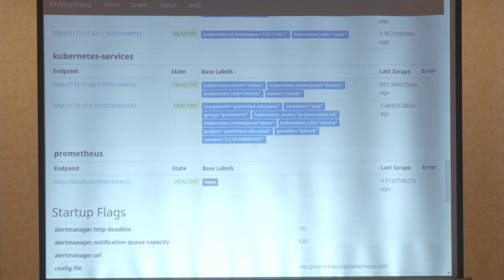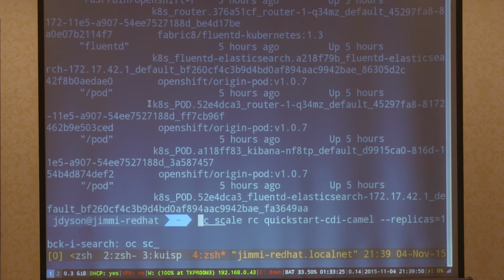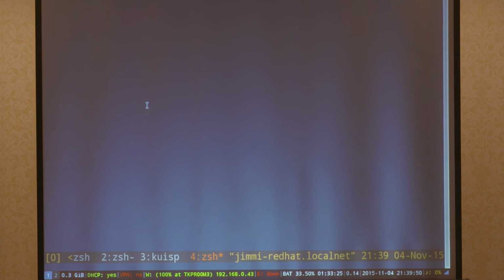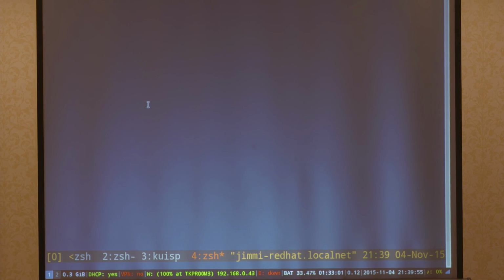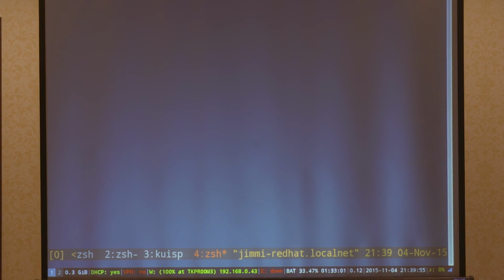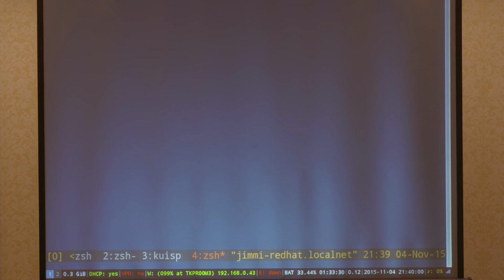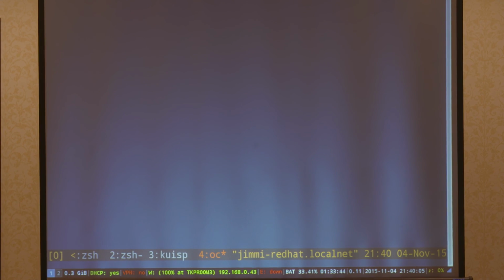And the last thing I'm going to do, because this is just going to blow your mind, right? I'm going to do a scale. You probably can't see that, but if I do that. I'm just going to scale up one of the applications we were collecting, which was a Camel CDI. CDI and Camel is brilliant, by the way. And I'm going to scale that up, and we'll see, promise,